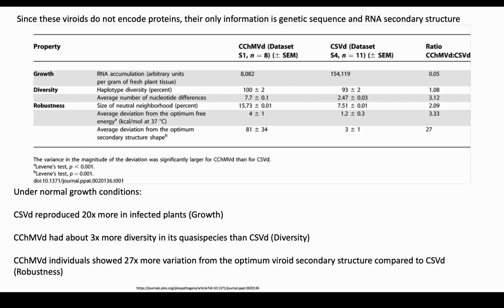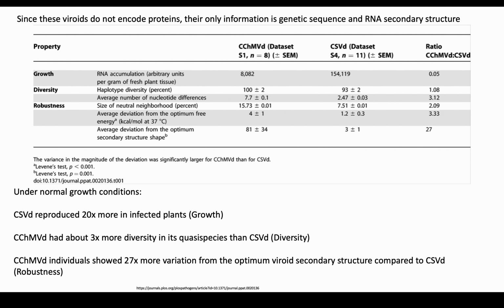And so here is some of the data about this and sort of what happens. Interesting experiment. So, number one, they put these both into the same plants. What did they find? They got lots of copies of CSVd because this is the one that is narrow but has a high peak, so it grows a lot. So lots of copies of that, only a few copies of chlorotic mottle viroid. And so the ratio of these was about 20 to 1, or 0.05 to 1 if you're going this way. So if you're talking about just fitness in terms of growth, then CSVd is the fittest of the two. It produces more in a mixed competitive situation.